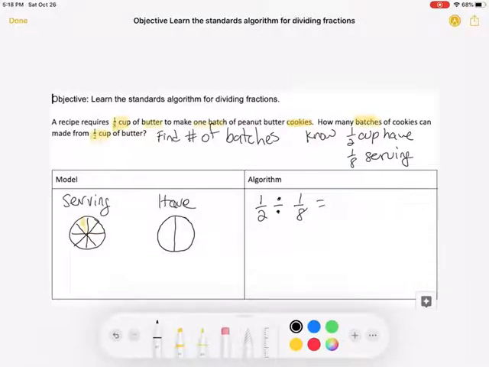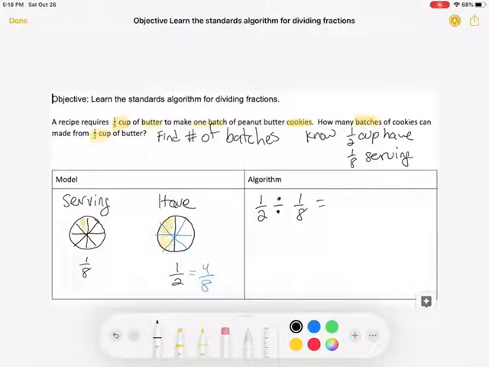If you remember back to a previous video that we did, it's kind of hard to figure out exactly how many servings we have from our diagram, because this is cut into eighths and this, oops, sorry, I didn't shade this. This is cut into halves and we have 1/2. So that makes it kind of challenging. Remember what we did in the previous video: we cut them into the same size pieces. So I'm going to cut this into eighths, and then I'm going to rename my fraction. So 1/2, great. But if I cut it into eighths, I now have 1, 2, 3, 4